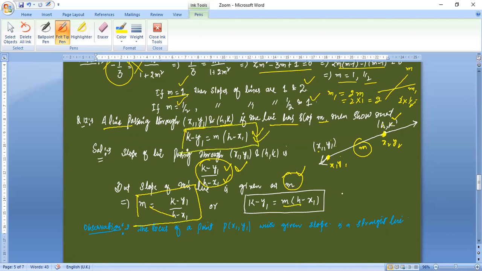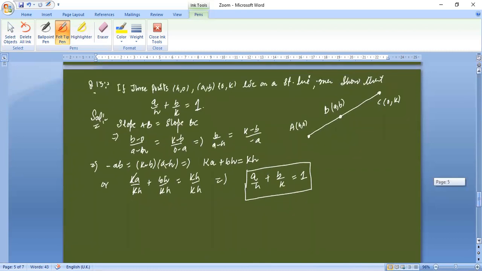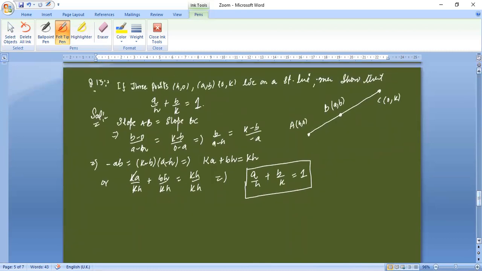Simple. हम ऐसा भी बता सकते हैं the locus, क्योंकि यहाँ पे इस इक्वेशन में अगर आप देखेंगे x1 और y1 जो है अगर ये फिक्स्ड नहीं होगा, अगर हम इसको वेरी कराएंगे with given slope, then this is actually the locus of point, कौन सा point x1, y1, राइट? तो ये भी हम बता सकते हैं, इतना इजी क्वेश्चन था। अब और एक क्वेश्चन है, प्रोबेबली द लास्ट क्वेश्चन जो हम आज करेंगे।